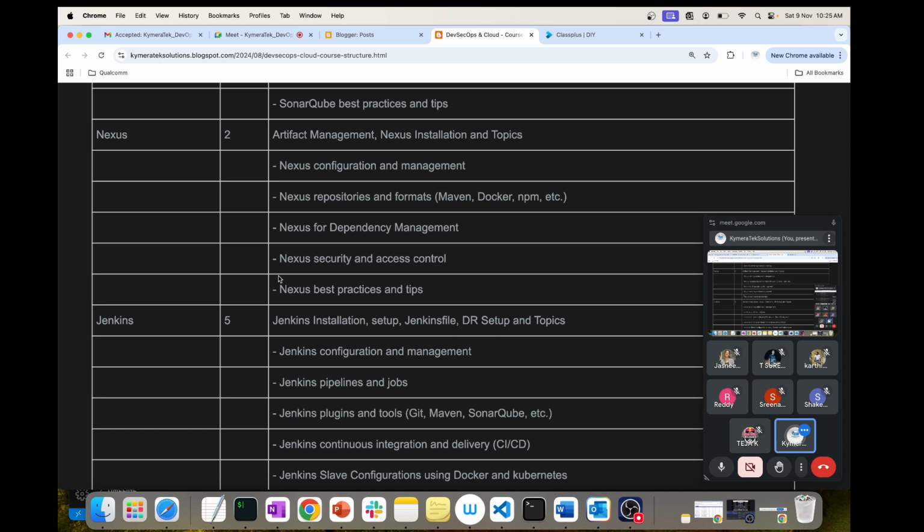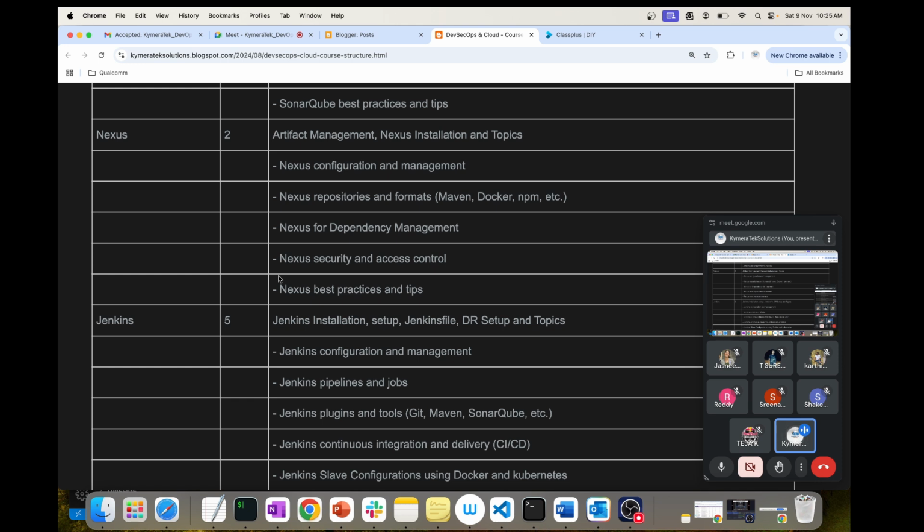Based on the branch, it is going to build, create an artifact, and publish. If it is the dev branch, it is going to publish a snapshot artifact. If it is the release branch, it is going to publish a release artifact. If it is any other branch beyond dev and release, it will not publish anything. It will just build and give the output to you.